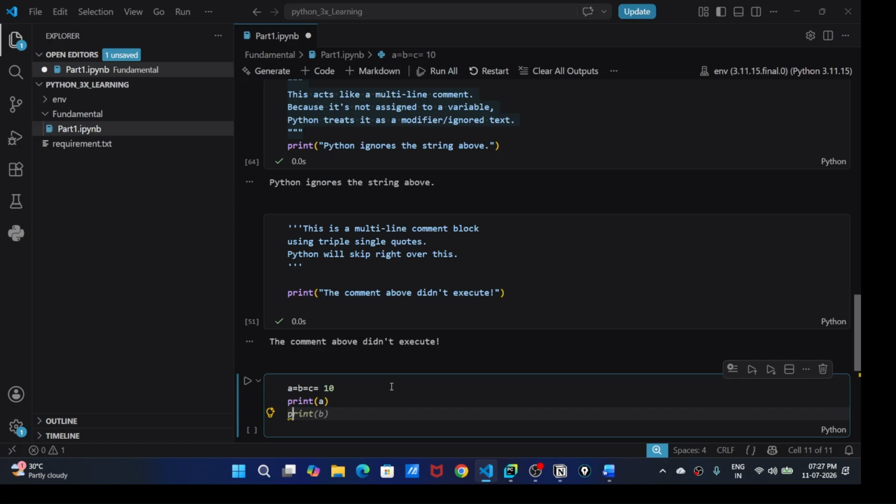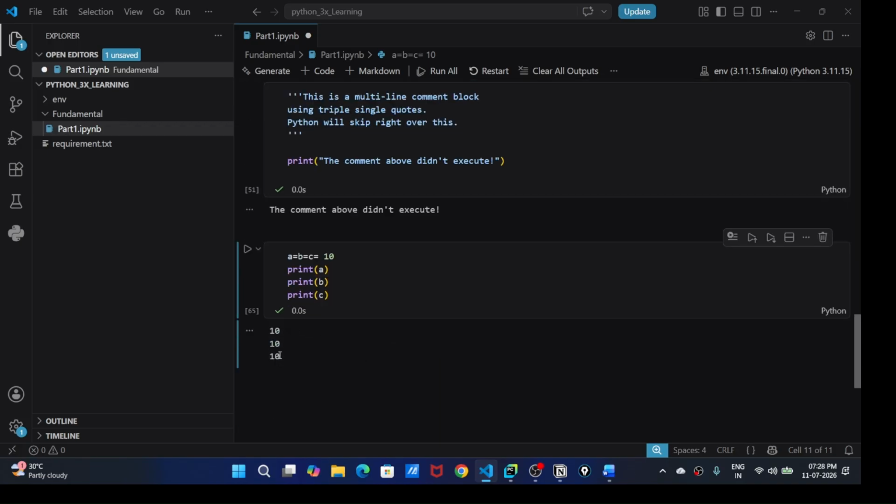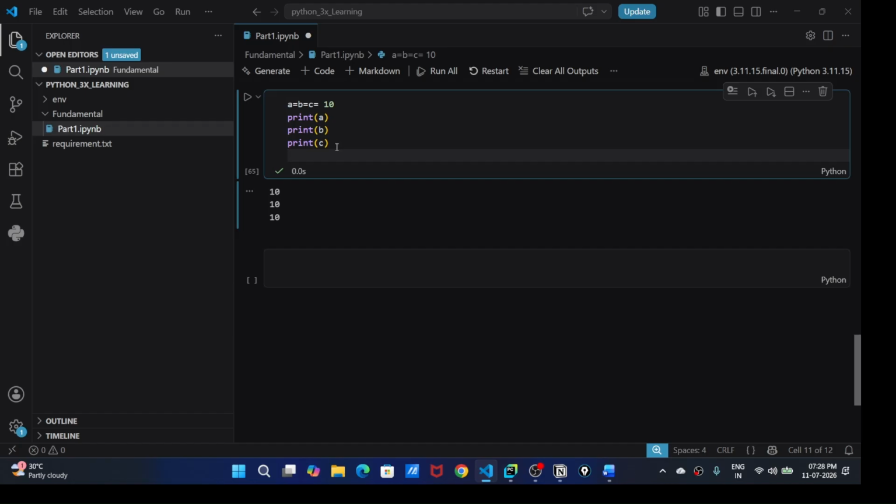Print b, then print c. If we execute it, all contain the same value. If you want to see the type, it's an integer anyway.